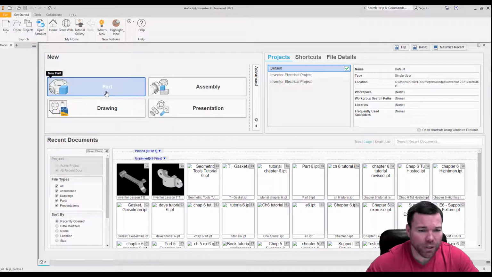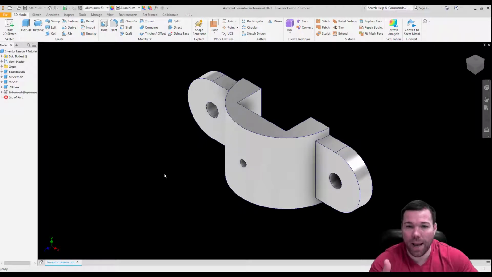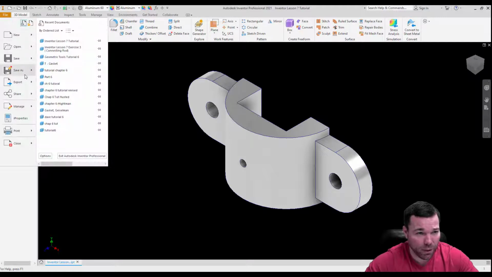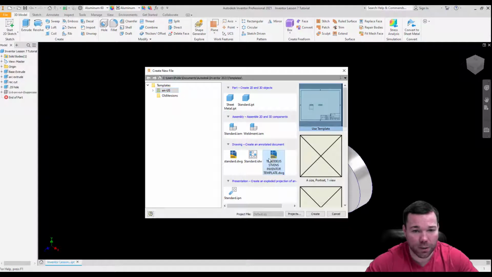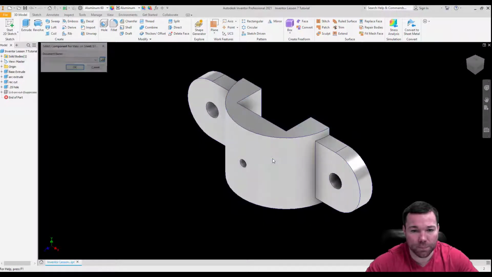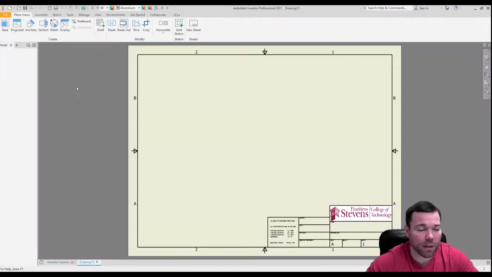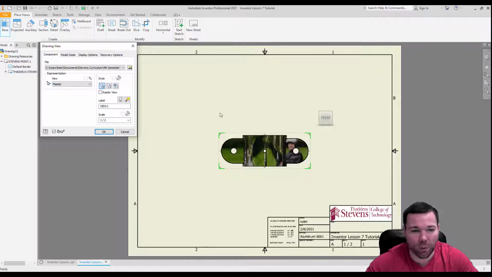What it's having you do is open your part from Lesson 7, so I'm going to go ahead and open that. Now, you don't have to open that, but it makes it a little easier. If you go to New, and I go to a drawing, hit OK, and when I hit Base, since that's open, it'll automatically assume that I'm going to make a drawing